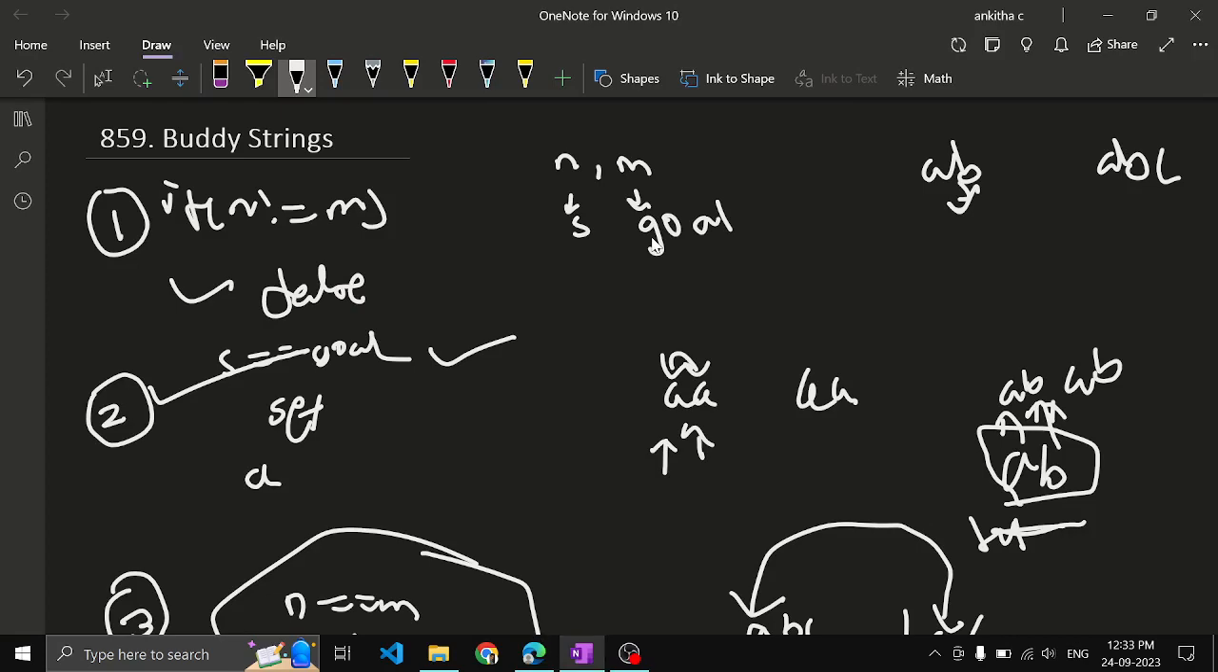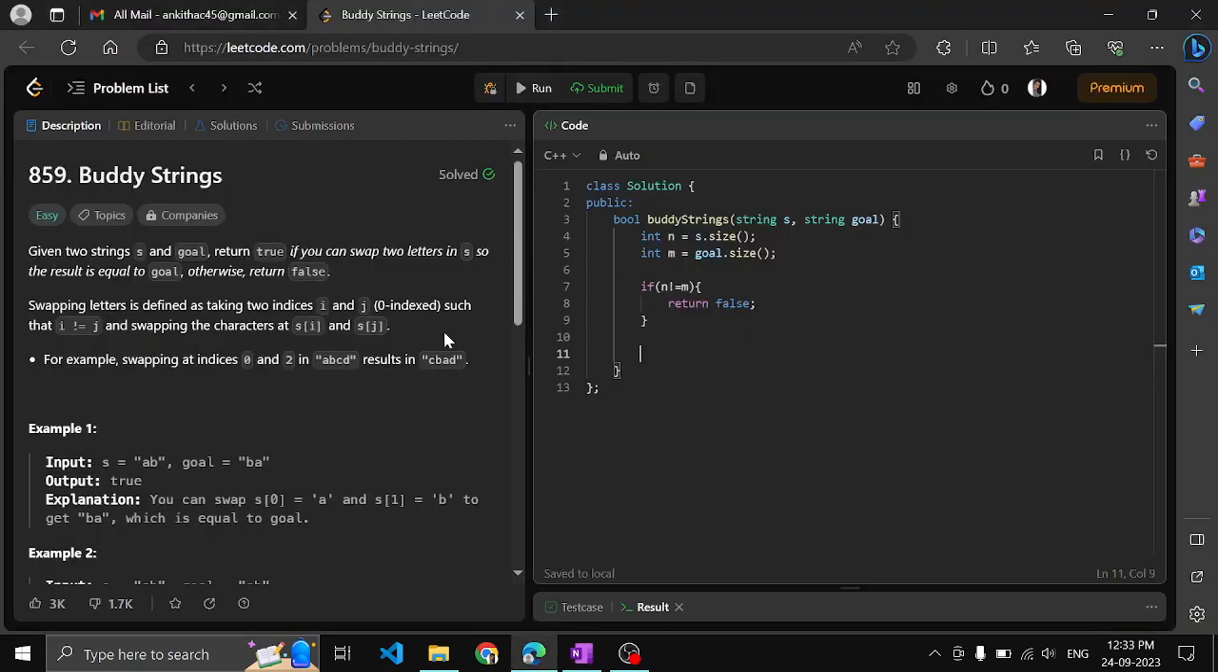N is equal to m. What if s is equal to goal now? So if s is equal to goal, then create an unordered set of type integer. Let's name it as c. Okay. Now for character c in string s,